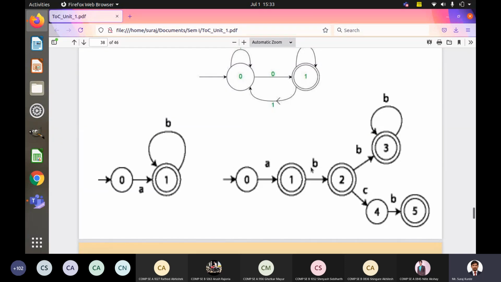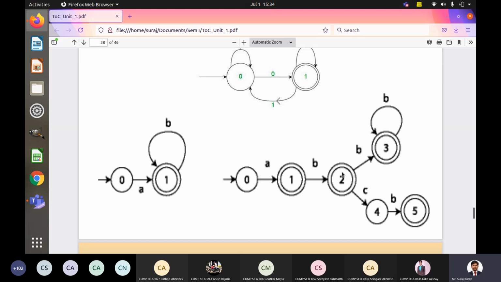So these alphabets or letters represent the input. This is called the input of that particular transition. There is a transition from state 1 to state 2 whenever there is an input B, but that B is preceded by A. So the first input is A, and only then will it move from the start state to the next state. On the next state the input is B, then it moves to another state.